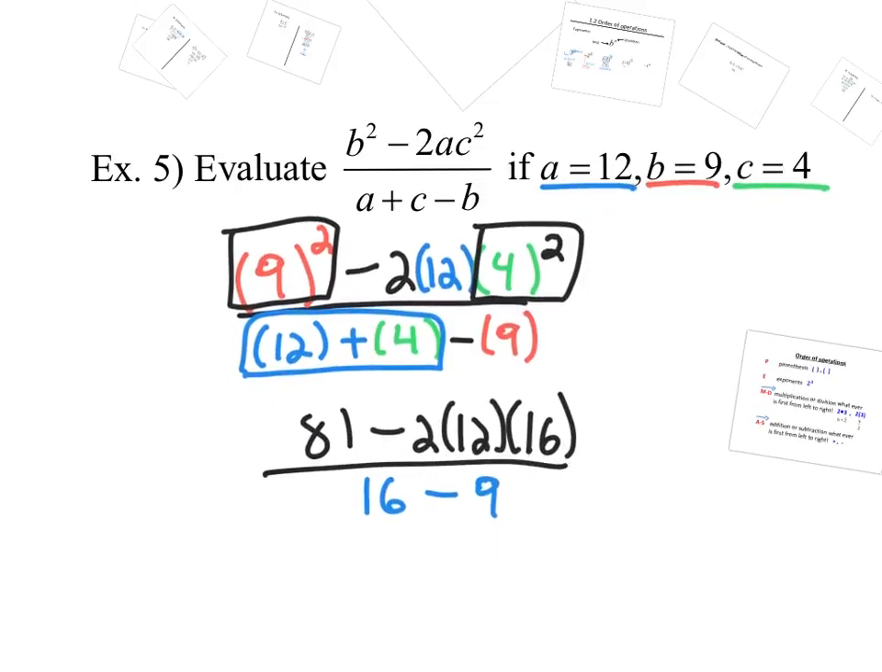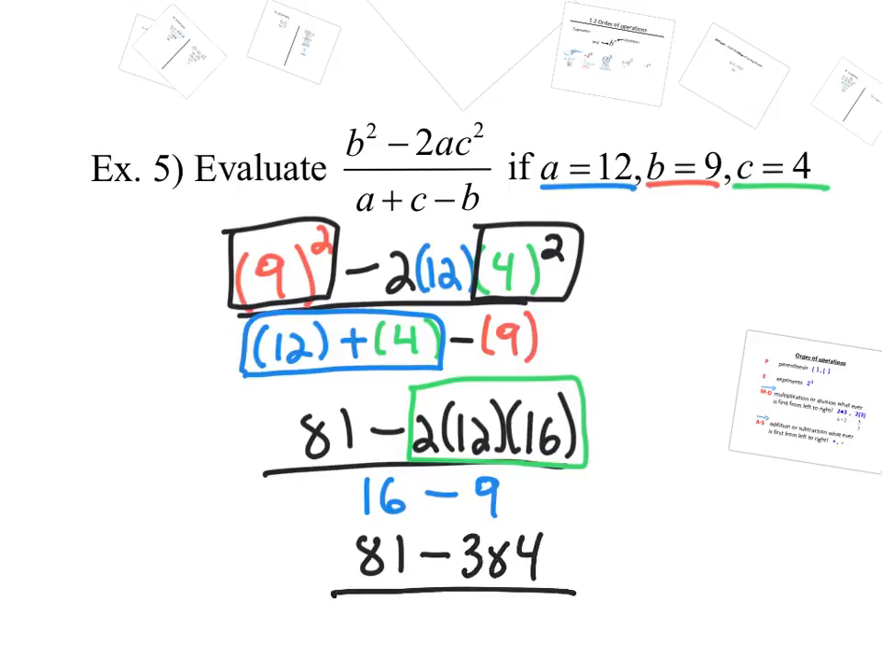And now I go back to the top and I multiply. So I'm going to multiply all of this right here, because multiplication is before subtraction. 81 minus, and I have a 2 times 12 is 24. 24 times 16, that's 384. So I'm going to put 384 over. At the bottom, you guys subtract 60 minus 9, and that's going to be